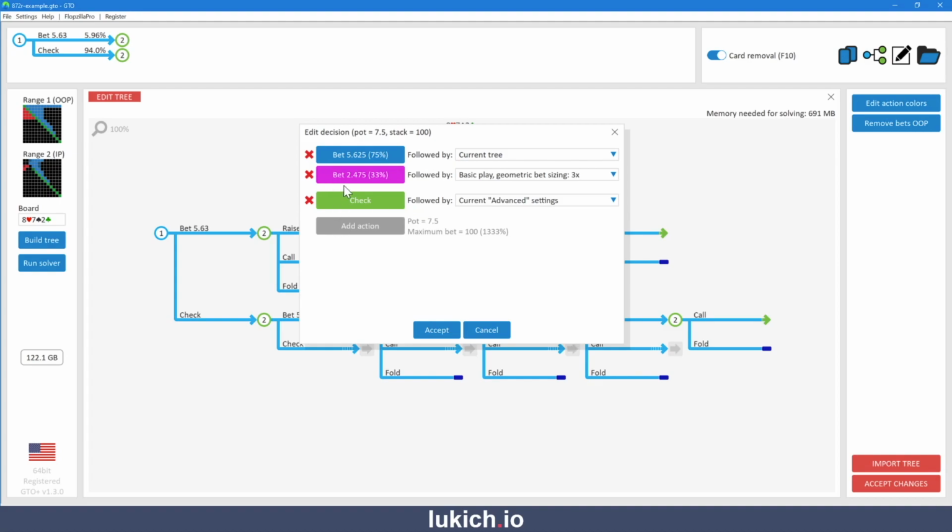So now I have two bet sizes, a 75% large bet size and a 33% small bet size, and I'm going to actually use the current advanced settings. Other things I can do here is I could use this basic play, which is geometric bet sizing, which really just